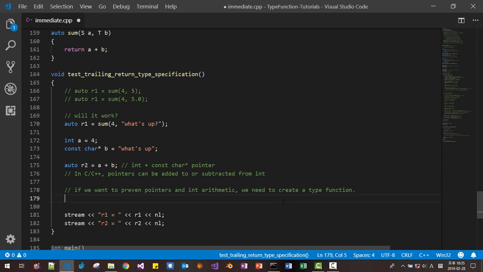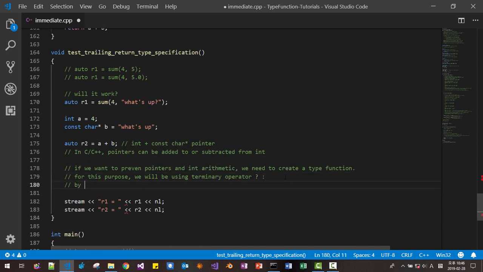For this purpose, we will be using the ternary operator. By default, the ternary operator returns the common type of the two arguments as below.